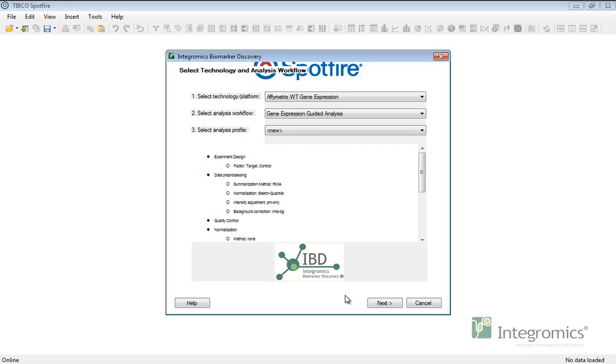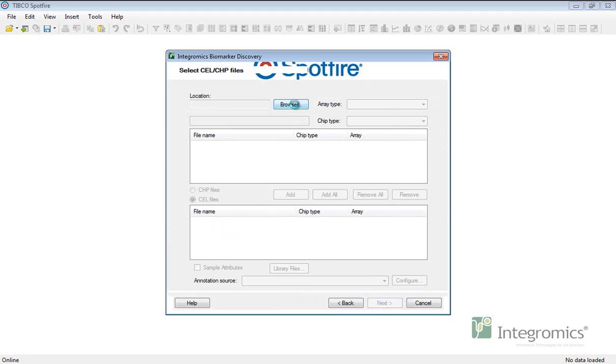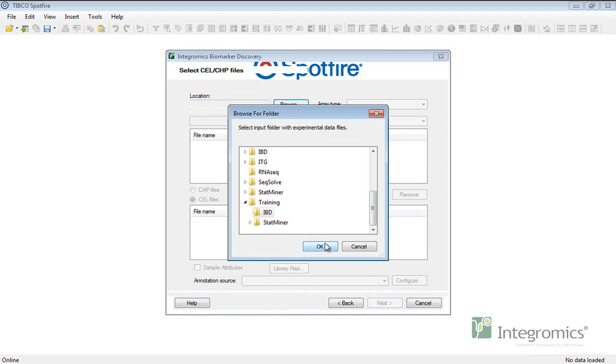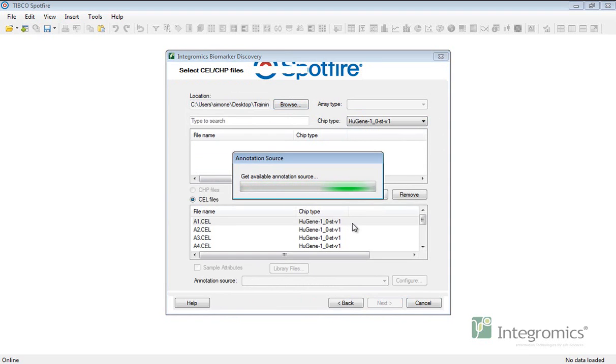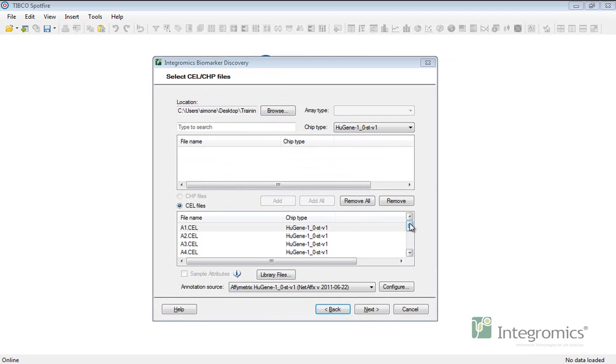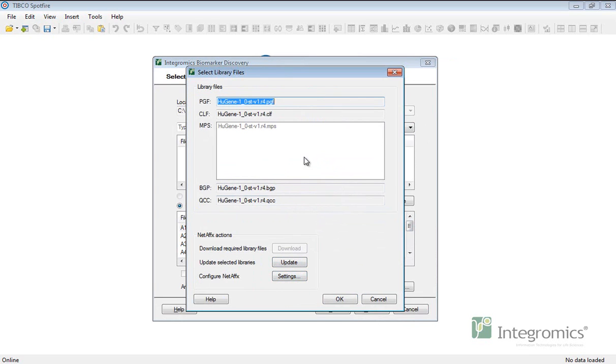We will choose the predefined gene expression guided analysis. Once the input cell files have been selected, we need to configure our annotation settings to ensure that we have all the library files necessary for analyzing this data. We can check this button here to ensure that all the relevant library files are present, and we can update